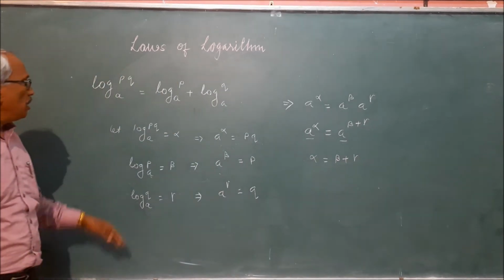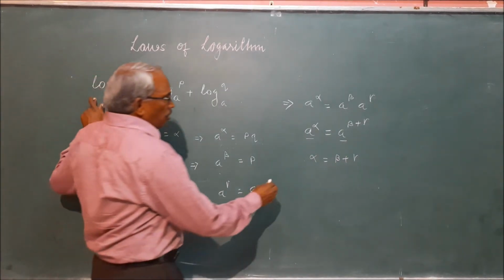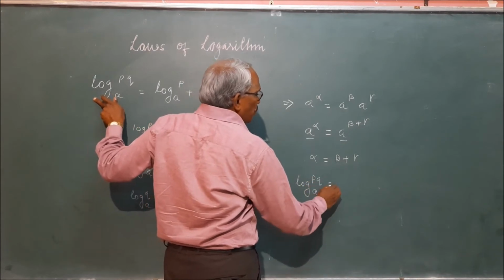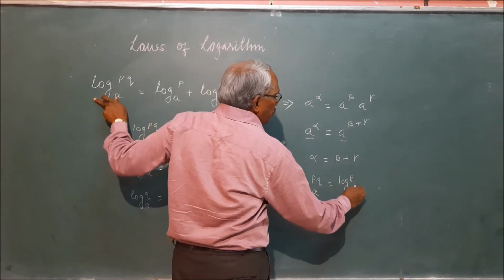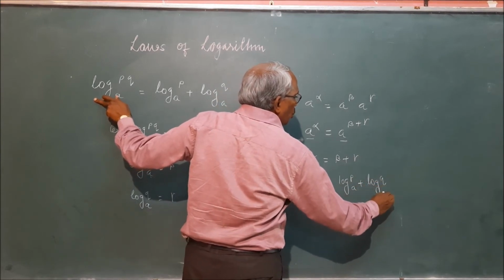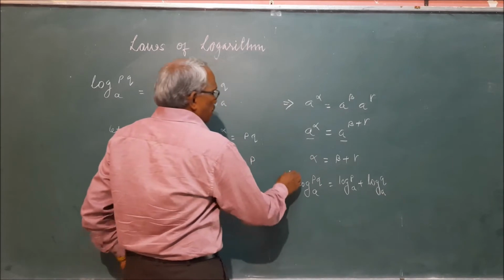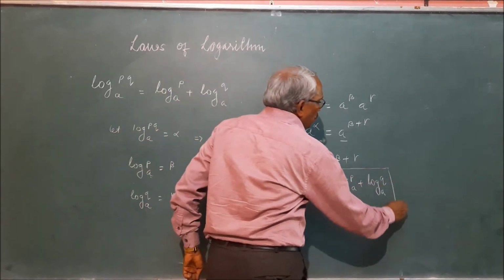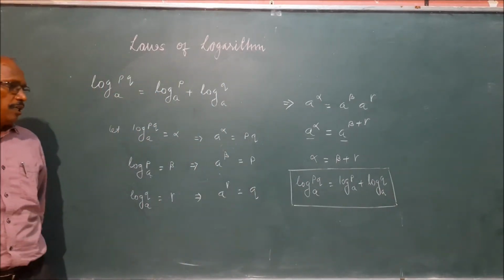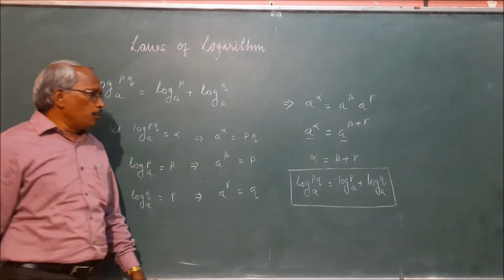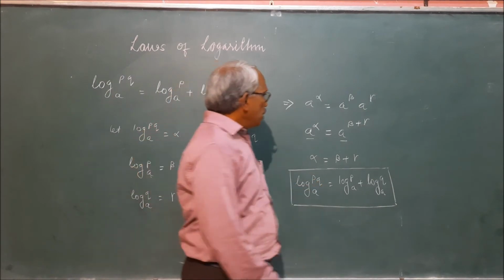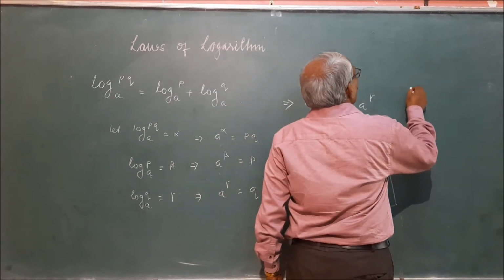What is alpha here? Alpha means this log of PQ to the base A is equal to log of P to the base A plus log of Q to the base A. So this is the product rule for logarithm, we can say that. So using this rule, if suppose P is equal to Q, then what will be this log of